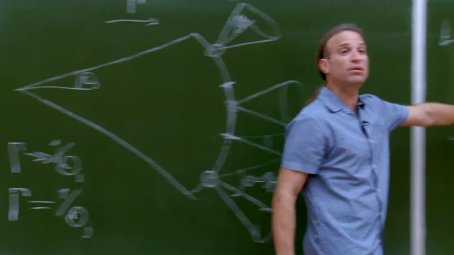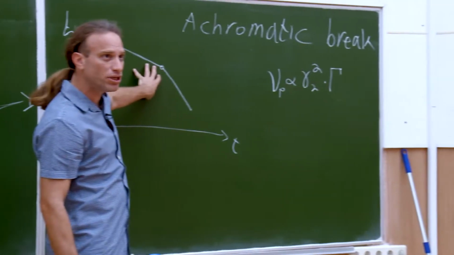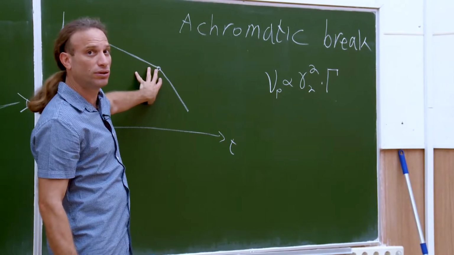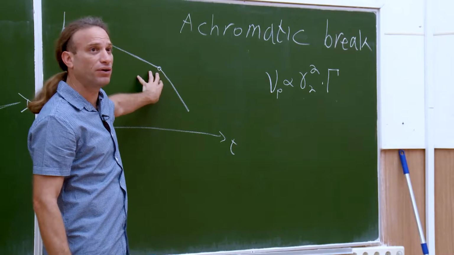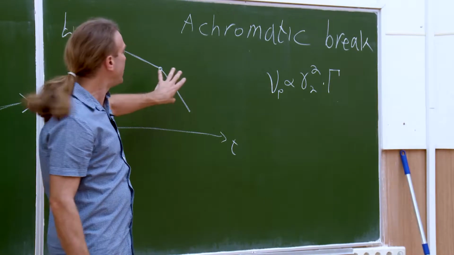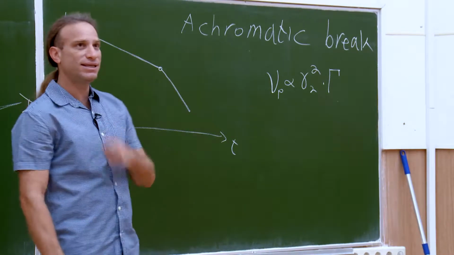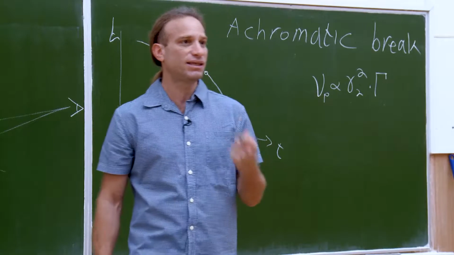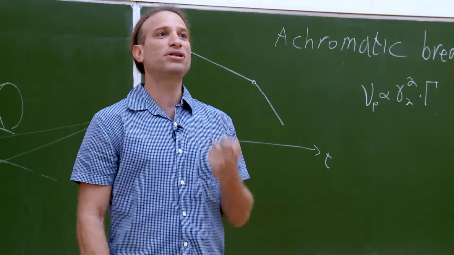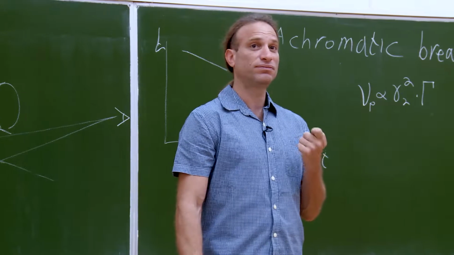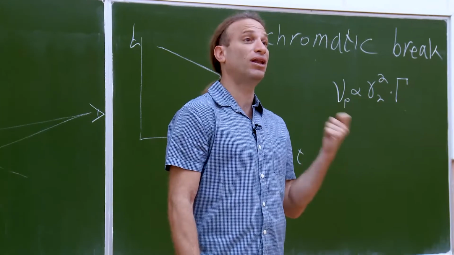And we see these jet breaks in the afterglow, not in the prompt emission. The prompt emission is too short. During the prompt emission, the jet is very relativistic. And this jet break is the only direct evidence that we have that gamma ray bursts are indeed jetted, and that the jets are relativistic.